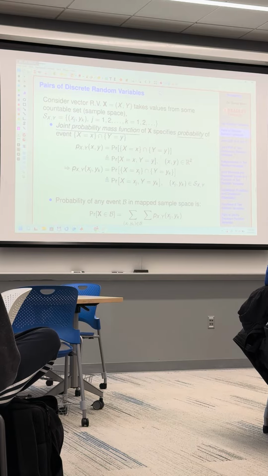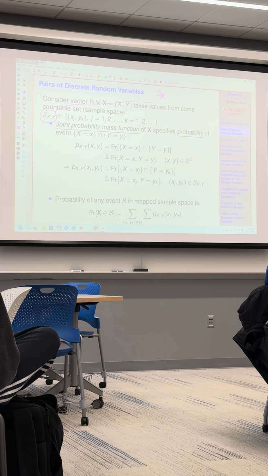You remember, guys? S sub x is basically the range of random variable x. S sub x comma y, we are going to call it joint range. Okay? So joint range